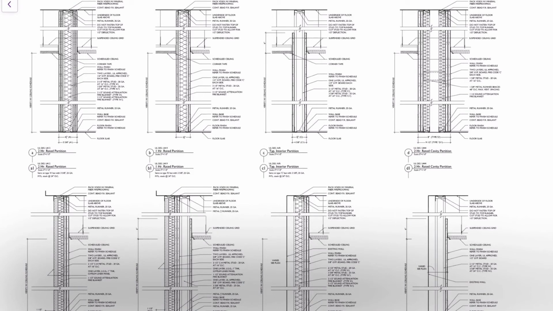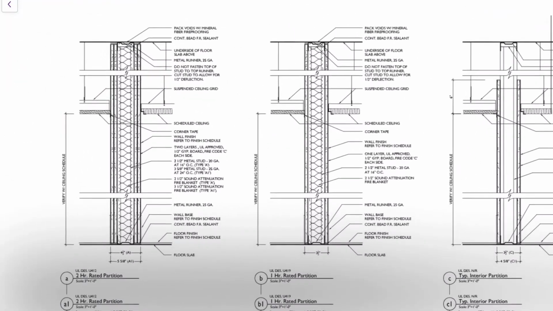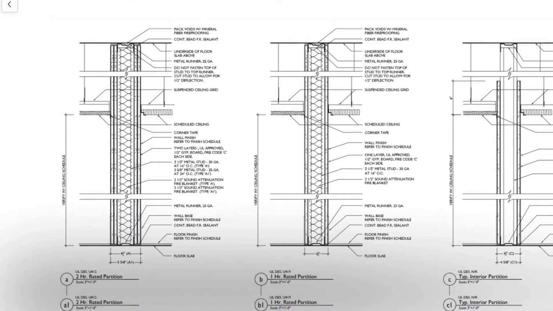So here's an example of some of the drawings that we did for the interior partitions, and if you take a look at one of these examples, there we go, zooming this in so we can see what's going on. We can see that this guy here, it's a 2-hour rated partition, and I think one of the things that's good to note is that these have a designation, a UL designation. In this case it's UL 412,